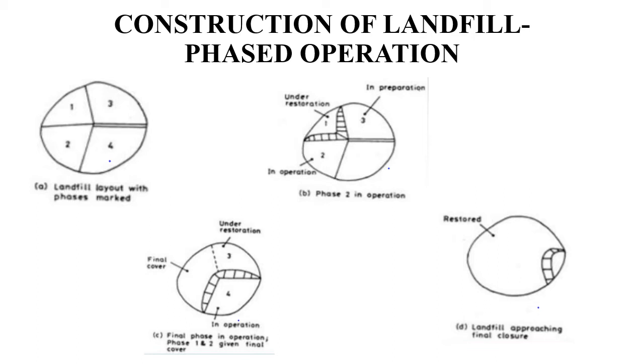So basically what I'm saying is that for every sub area or phase, you will have alternate layers of waste material and daily covers, which will be sealed off with an intermediate cover at the end of construction of a particular phase. Finally, once all this is completed, only then will we start constructing the final cover system. Until then all these phases will be sealed off with the intermediate cover system.